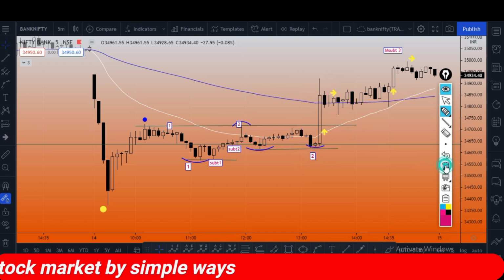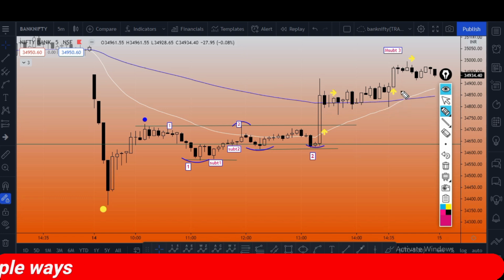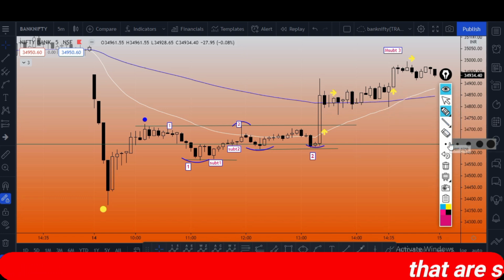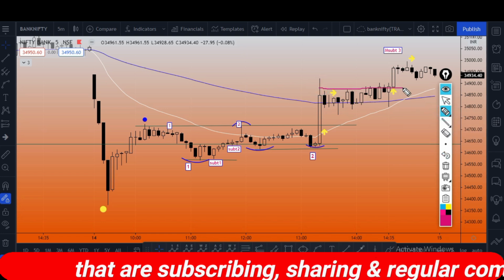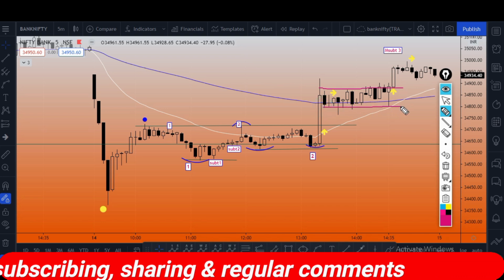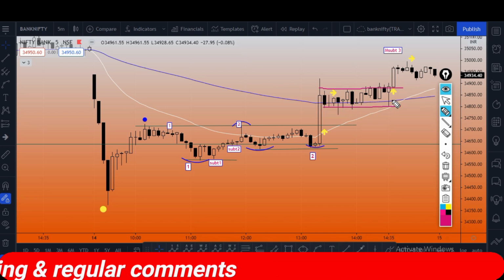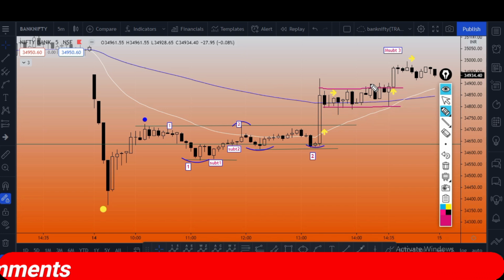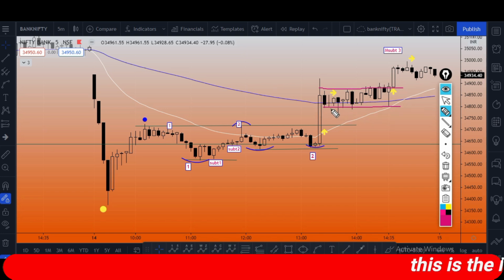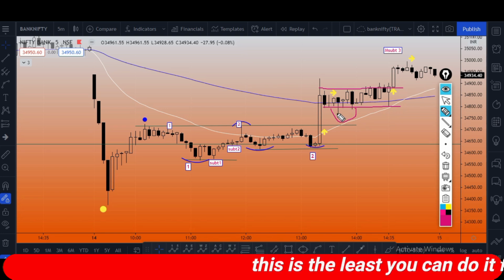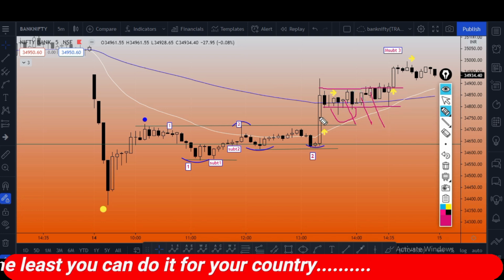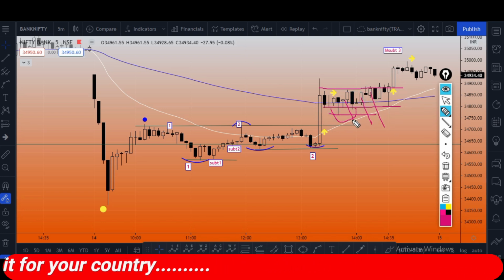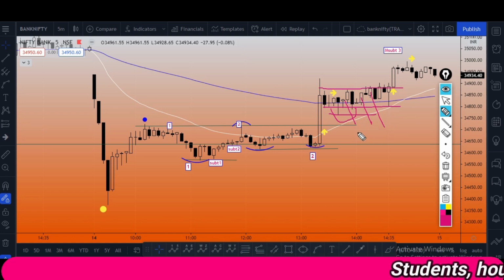Okay, so this is the reason for your first entry, and you see the second entry. Let us discuss the reason for the second entry also. Here you see the price has made a zone. In this consolidation zone, this is the buying pressure. This buying pressure is not negated by any of the candles to the downside, because this buying pressure candle is not breached.